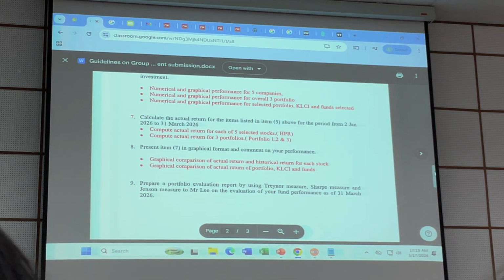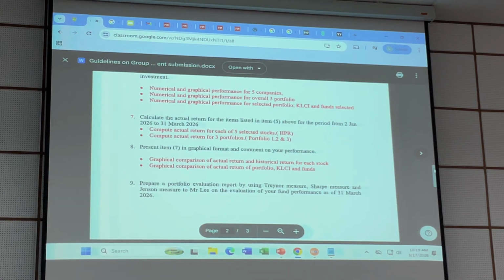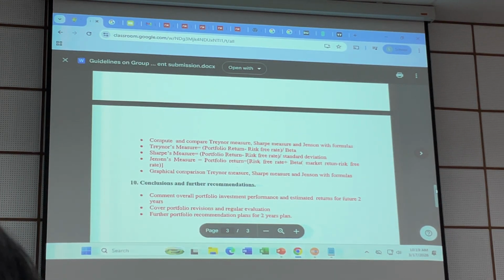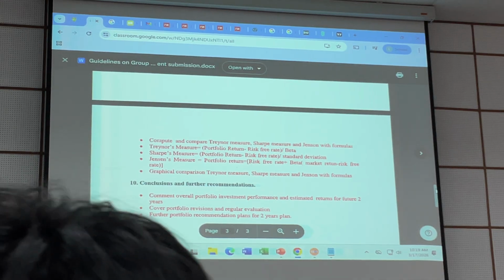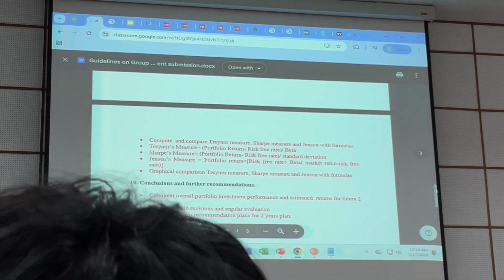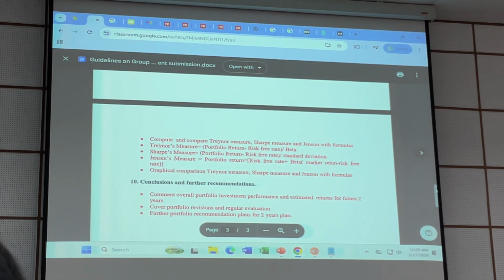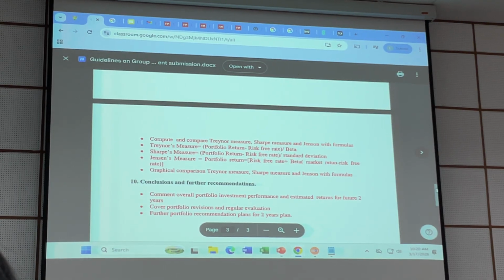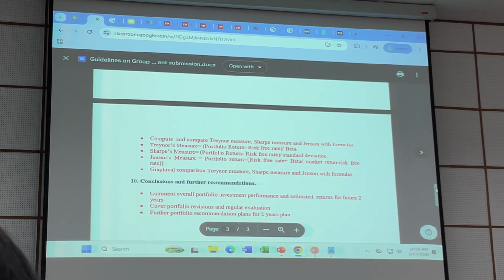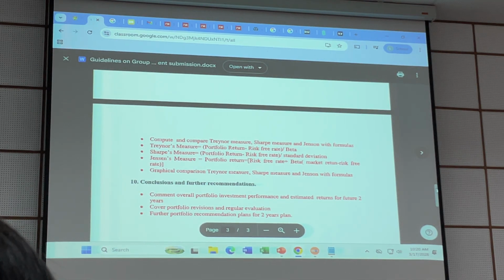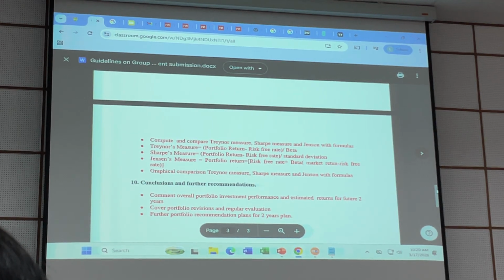And number 9, you base on Treynor, Sharpe, Jensen measures. You do your performance based on the 31st March result. Compute these 3 measures with the formula given here and graphic comparison. For example, you select portfolio 1. These 3 measures, you must be consistent to select portfolio 1. If I see you got inconsistent results, then justify why. For example, Treynor, Sharpe, Jensen. Portfolio return minus risk-free rate divided by beta, divided by standard deviation. So I give you this formula already. So if you select, for example, portfolio 1, these 3 measures should give you a consistent result.